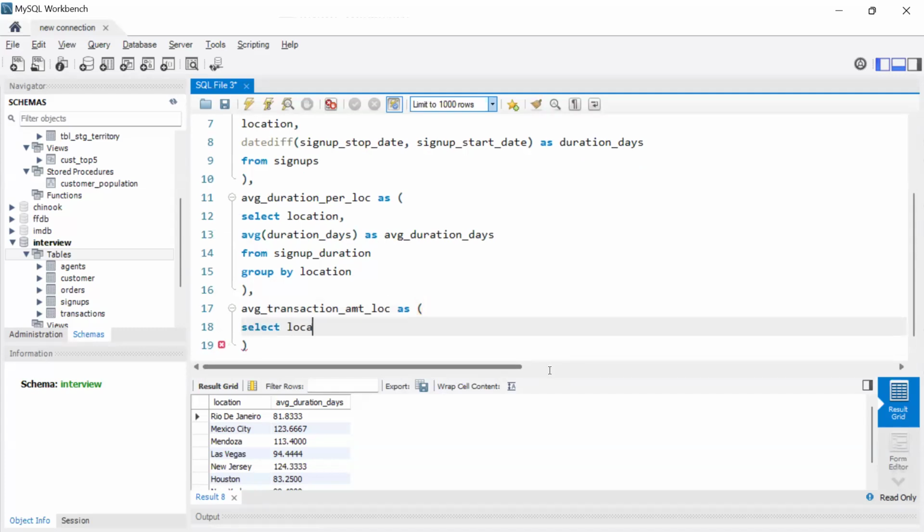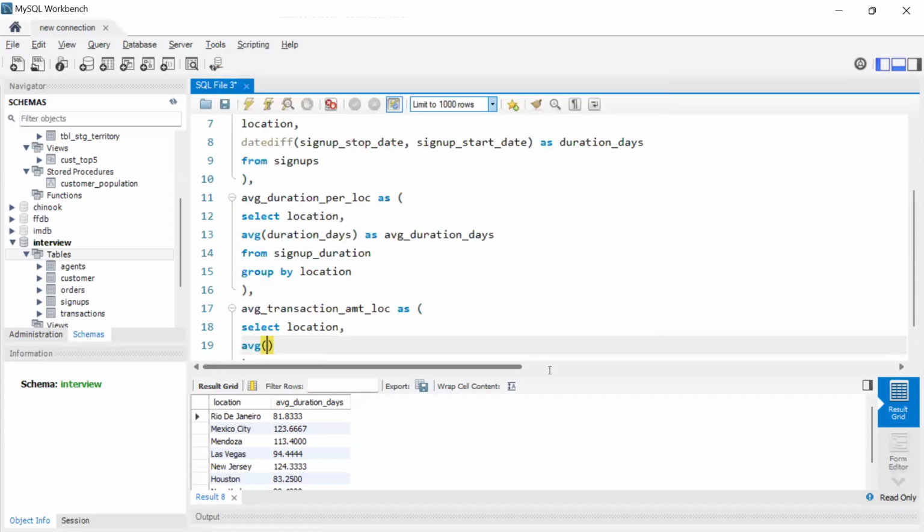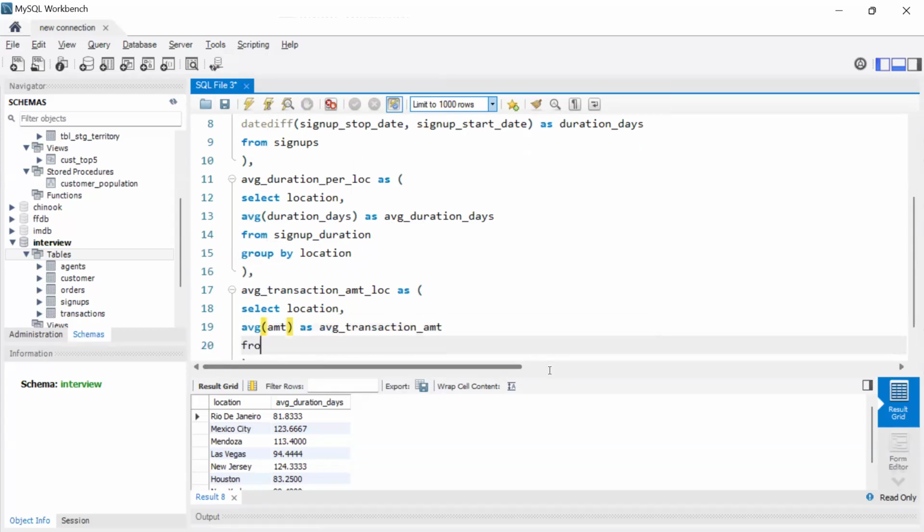Select location, comma, average of AMT as average transaction amount from, I'm introducing now the transactions table, right? Transactions table, and I'll join it